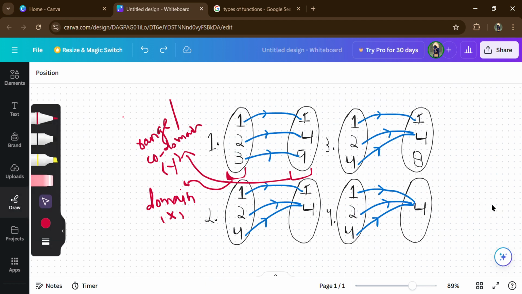Today we'll be looking into different types of the function. Before starting the types, the two most important points that you should know are what is domain and what is range or codomain. At the very first, this side of the function is known as the domain, or if you're given a situation that